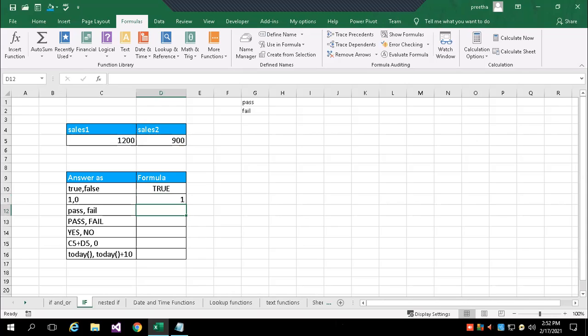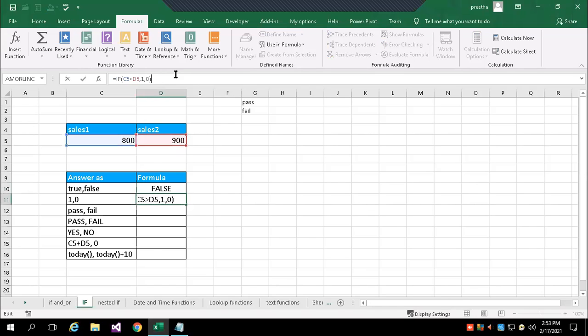If you try to change the value over there, then it will change. For example, on this side I'll make it less. I'll put 800 over here. Now it's saying 0, because 800 is not greater than 900. See the condition now. C5 is the cell which contains 800, D5 is 900. So 800 greater than 900 is expressed, but it is verified that it is not true. So I got false.